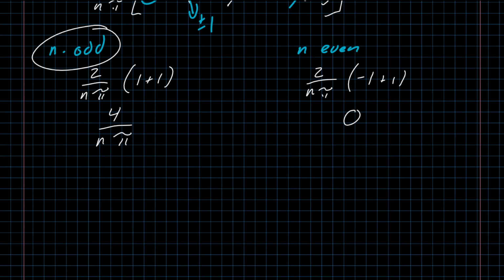A trick that you might remember from a previous course is that we can write n as 2k minus 1. When you plug in k equals 1, you get 2 minus 1, which is 1, so you get n equals 1 as your first term. When you plug in k equals 2, you get 4 minus 1, which is 3. K equals 3 gives you 5, k equals 4 gives you 7, and so on and so on